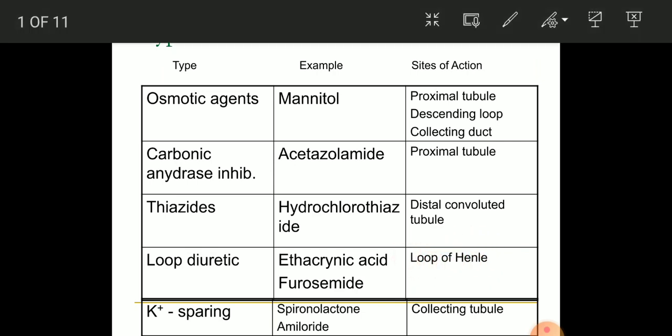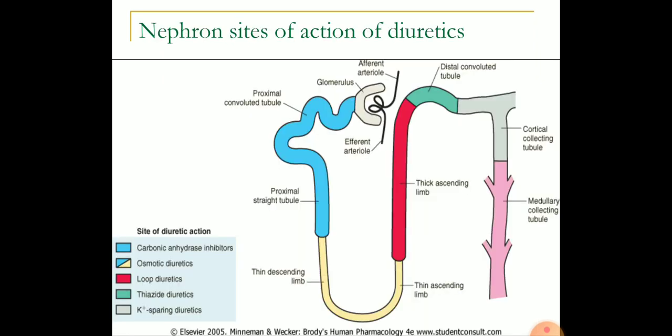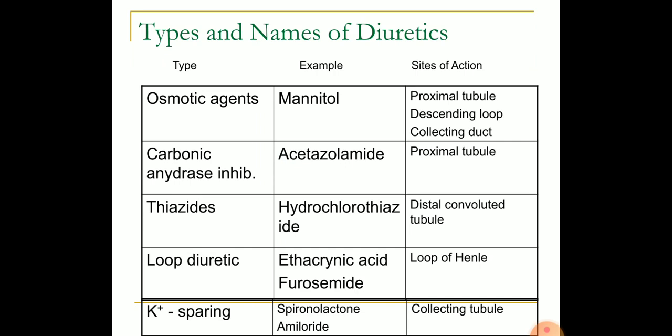And ultimately the potassium sparing diuretics like amiloride and triamterene, which are acting on the collecting tubule, mostly their site of action is this. That means they are acting on the sodium channel. Basically they are sodium channel inhibitors, or in other words you can say they are renal epithelial sodium channel inhibitors. So with this I am concluding my first presentation on diuretics. Thank you so much.